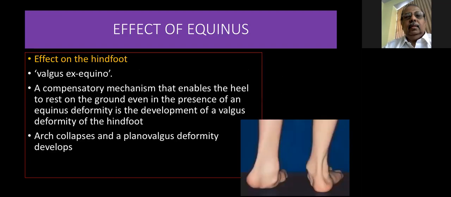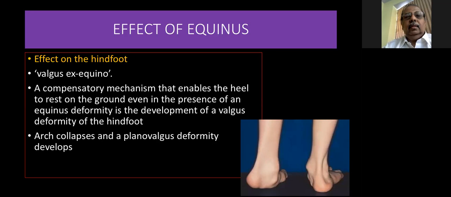What is the effect on the hindfoot? In the hindfoot, there is a term called valgus equinus. So what is happening? Our tendency is to make the foot plantigrade. There is some equinus there, and you are walking for years with that equinus. So the tendency of the foot is to make it plantigrade. There is a joint in the foot called the acetabulum pedis, between the talus and the navicular anteriorly. So there will be a lateral subluxation of this acetabulum pedis. This leads to a valgus deformity or a valgus collapse of the midfoot.